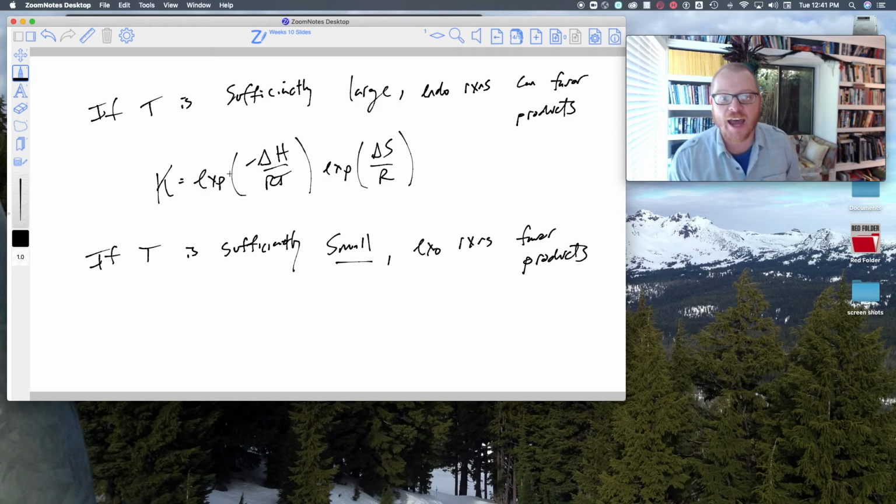And the reason for that is because now you have a negative in this term, so that gives you a positive. But when T is small, it's going to make this number really big. And the exponential of a really big number is an even bigger number, which gives you a humongous K favoring products, okay? And so now I'm looking at the time. I've been talking for 40 minutes now. And so what this